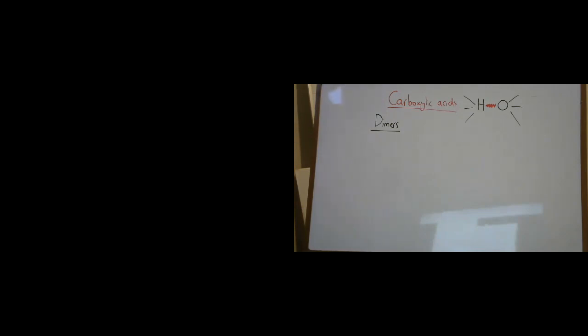So ethanoic acid has a boiling point of 118 degrees. Ethanol is 78 degrees. Both of them have hydrogen bonding, it's just that carboxylic acids have two sides. So if we were to draw it like this,